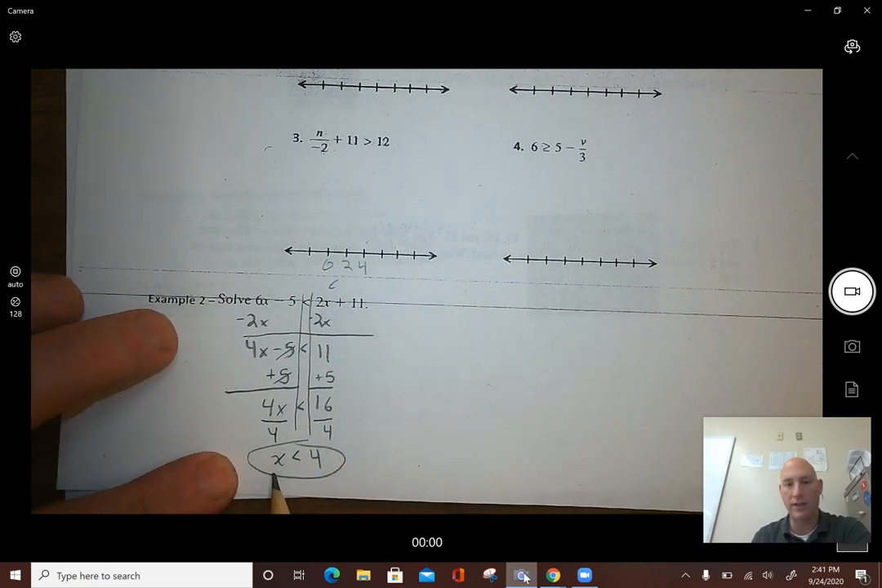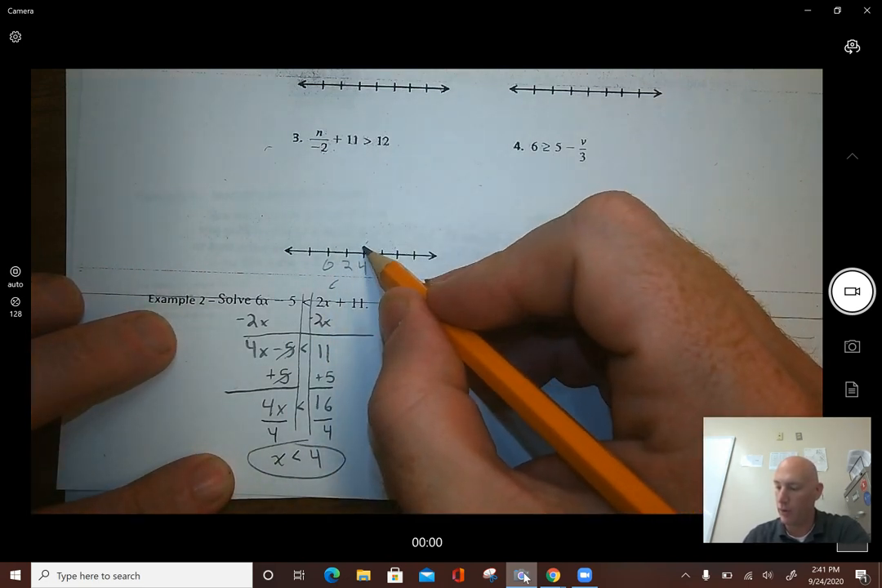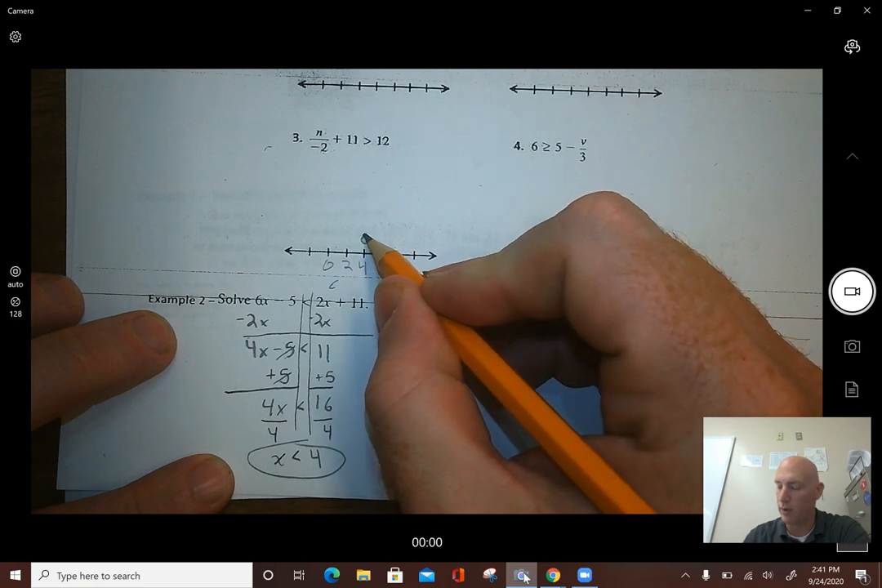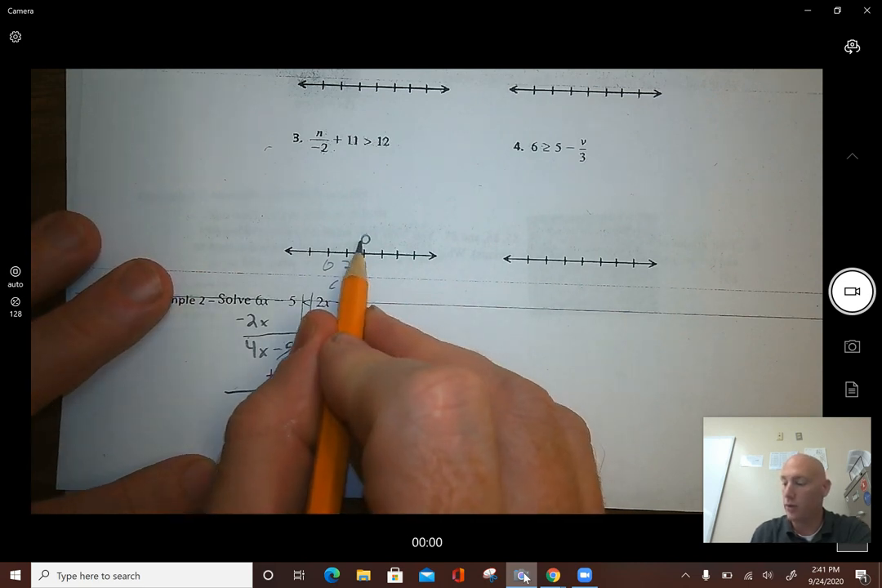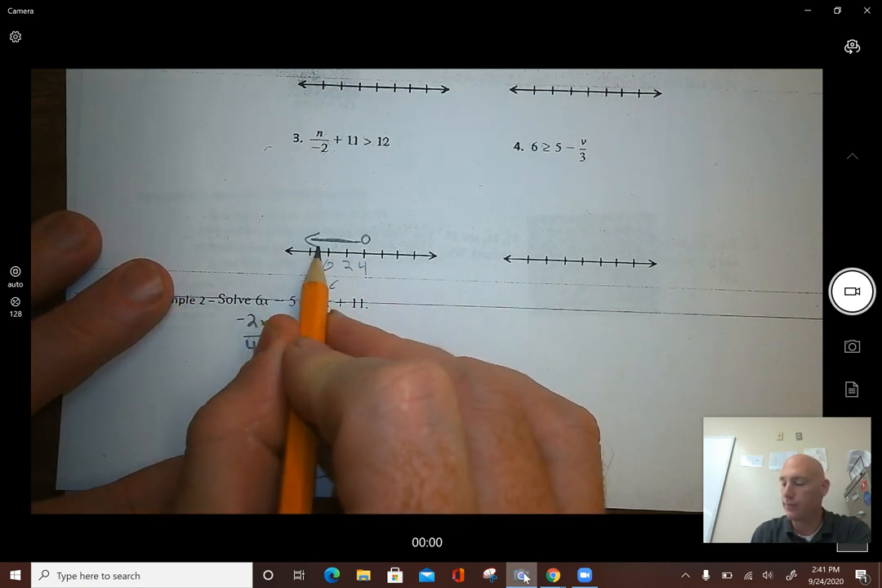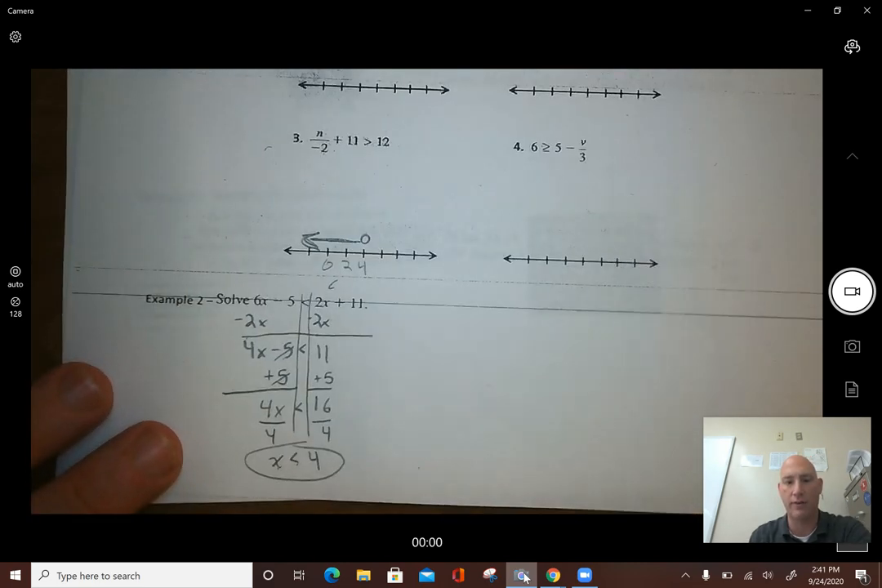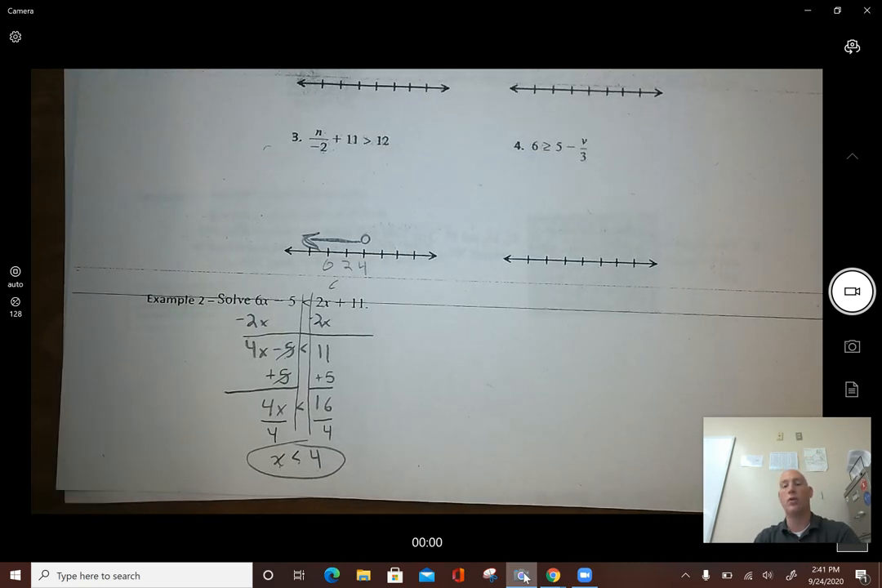So I put my circle above 4 or on 4, however you want to do it. I always do it above. I leave it unshaded because it is not equal to. X is less than 4, so I'm shading in all the numbers smaller than 4. These are all the numbers smaller than 4, so I shade to the left. Okay. So this is the first part of this, and then I'm going to come back in a later video and show you the